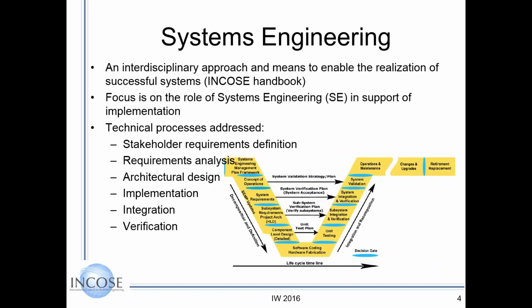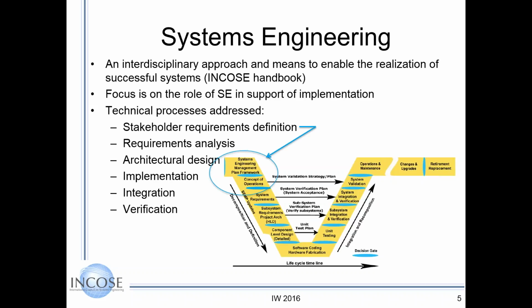And we all want successful systems, right? And our systems are becoming more and more complex and more interconnected. So the focus of systems engineering in support of in this paper. So actually, there's a number of engineering roles defined in the handbook, but we just focused on the one of these 6. So the technical in our paper are definition, requirements analysis, architectural design, implementation, and verification. So those as they relate to rather than all the others.